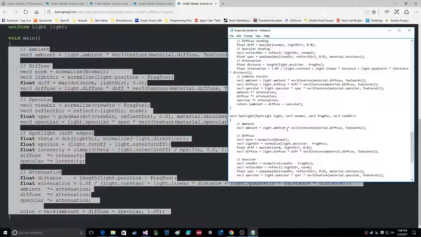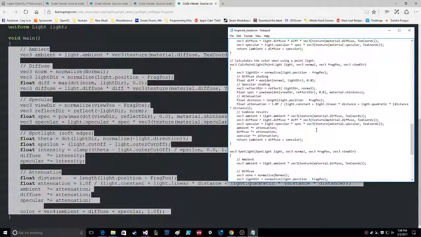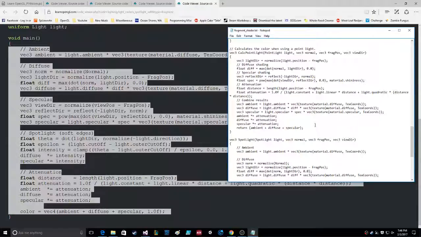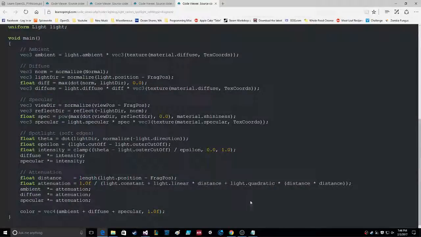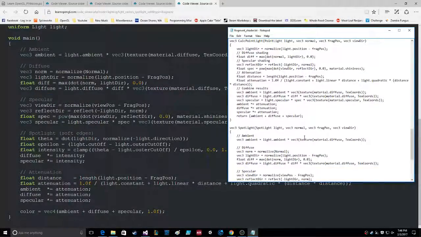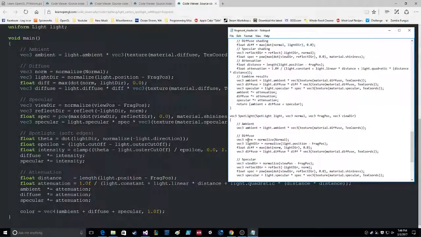Ambient equals light.ambient, vector3 texture, material.diffuse. That's going to be from... I don't know if this will work like that. Trying to think. Vector3 ambient equals light.ambient times diffuse text coords. That should work. Okay, and then diffuse norm equals normalized normal, but that's actually going to be